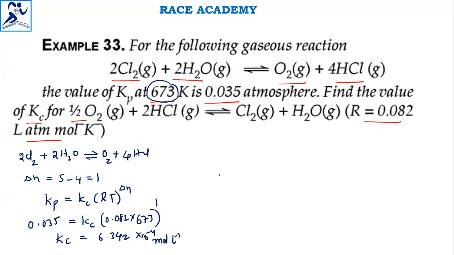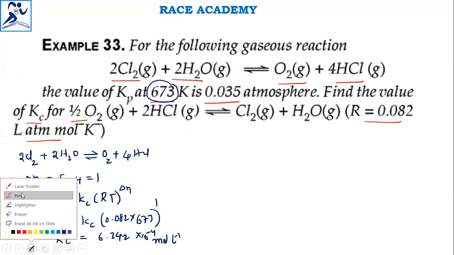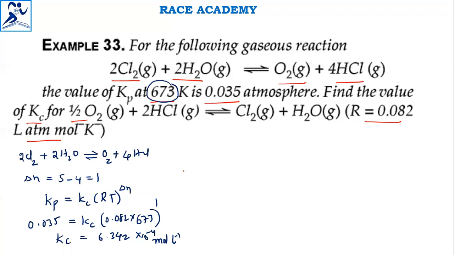Mole per liter value I have got. Okay. So here the aim of the problem is to find the Kc value. And that Kc value we have calculated, that is 6.32 and all these things. But this is not the final Kc value, because for the given equation only this Kc value is obtained. But the other equation they have given, the aim equation I can say, that